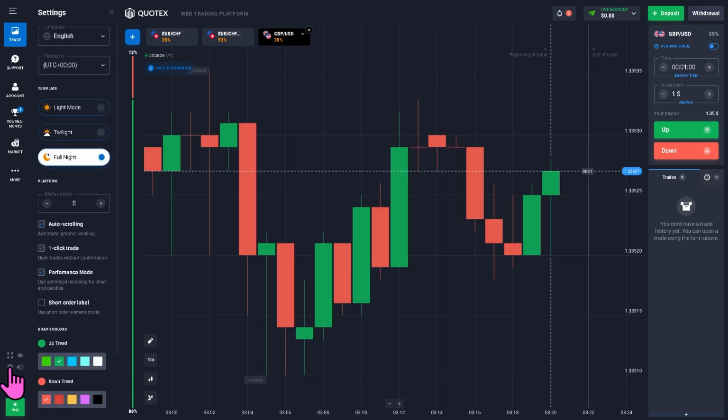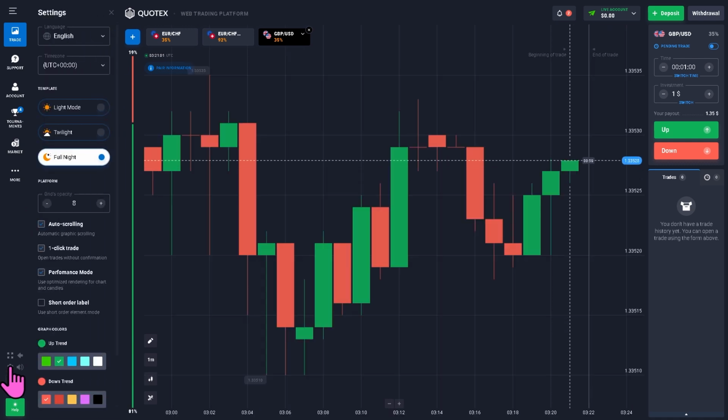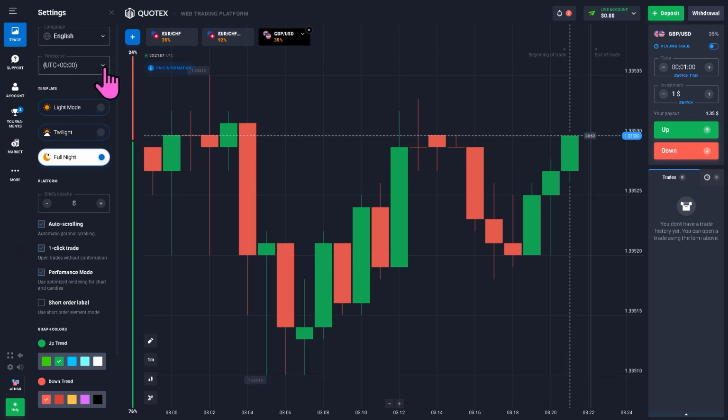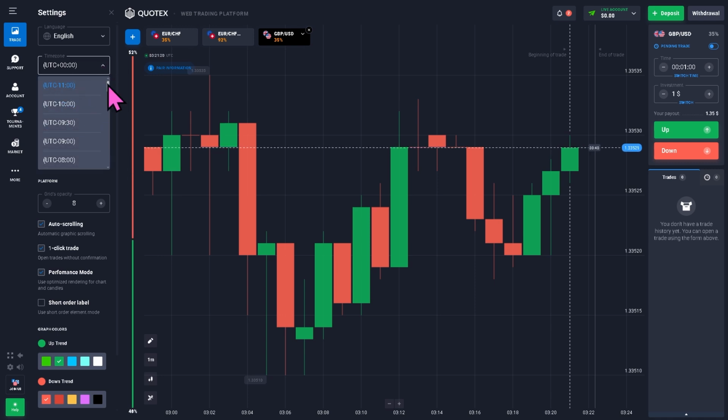I want you to click on it because this will open up so many options. And for us to be able to change the time zone, I want you to click this selection right here. Now, if your chart time doesn't match your local time, or maybe you have recently moved to a different country, all I have to do is click the drop down menu and you can select the time zone that you